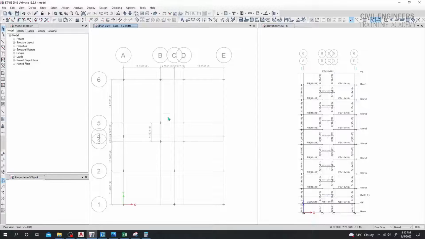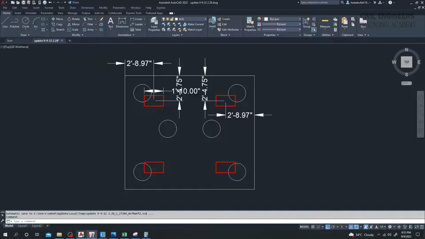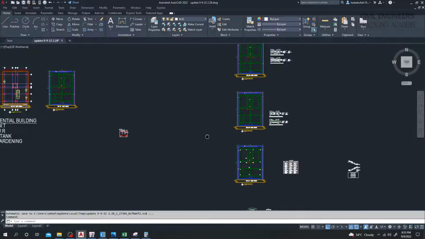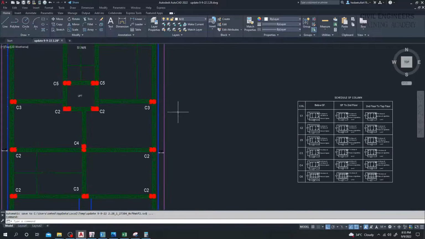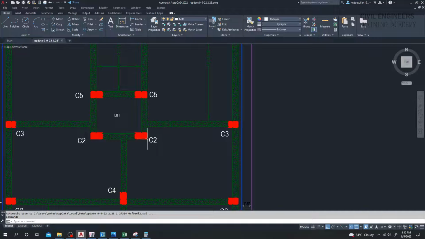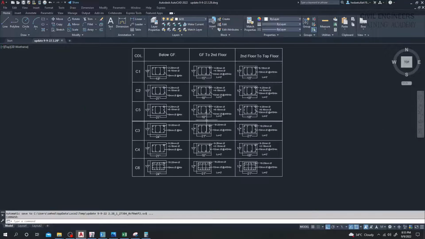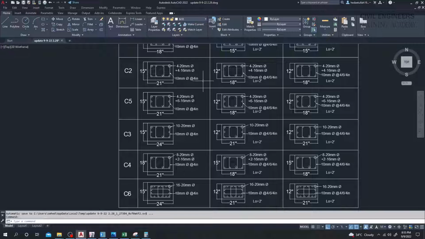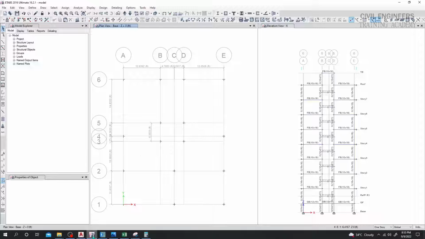And what was that grid system? That is B. Okay, from that plan, if I just go here, it's also available here actually. So that is C2 and C5. So if I just go here, C2 and C5, this is 12 and 12 inch and 18 inch, but we have to take that point because this is the section below grade beam. This is 21 and 15 inch. So I'll just go here,